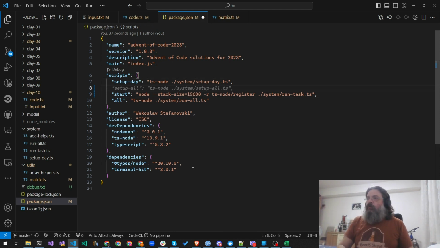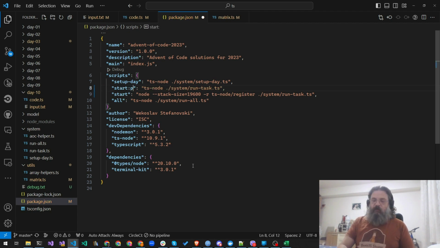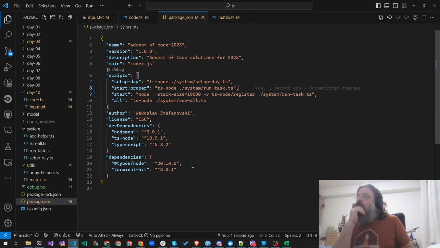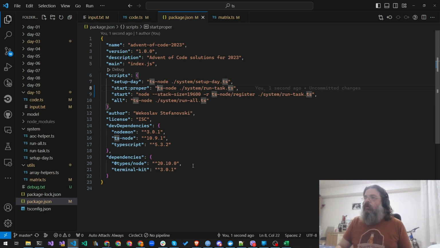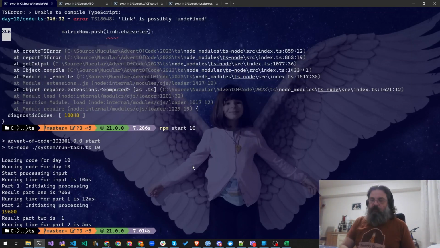And I will actually write, copy this and then, yeah, copy this and have it as a start proper. This is the actual one that we want to do, and this will be start extra. So now if we run npm start,